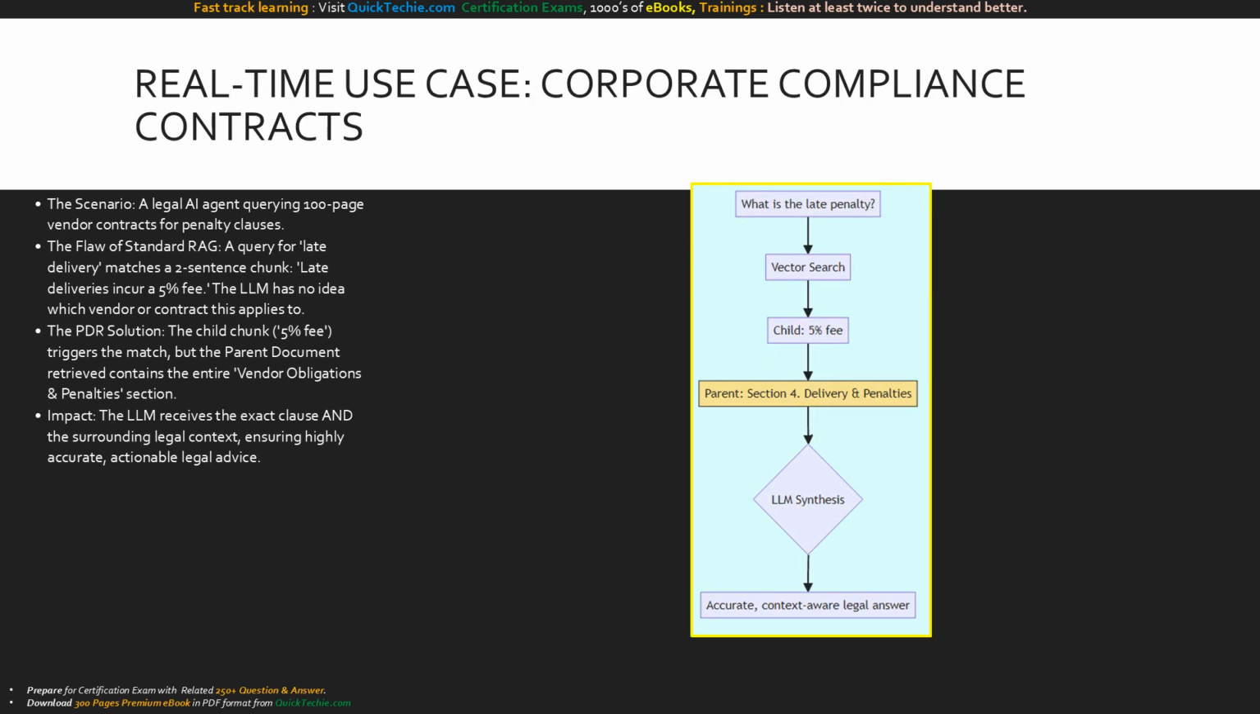Let's anchor this in a real-time, high-stakes use case, analyzing corporate compliance contracts. Imagine a legal AI agent analyzing 100-page vendor agreements. The user asks, what happens if a delivery is late? If you use standard RAG with small chunks, the vector search brilliantly finds the sentence, late deliveries incur a 5% fee. But because it's just that sentence, the LLM doesn't know which vendor it applies to, the grace periods, or